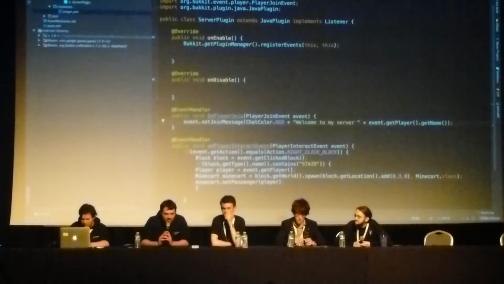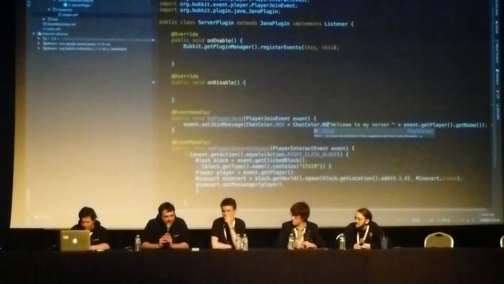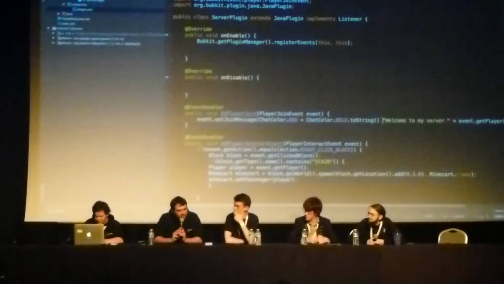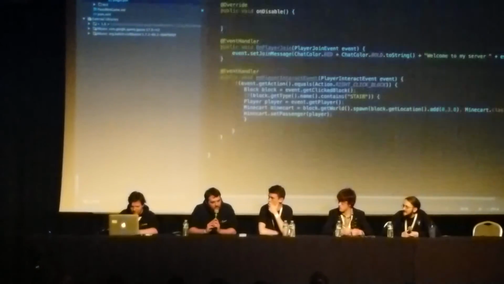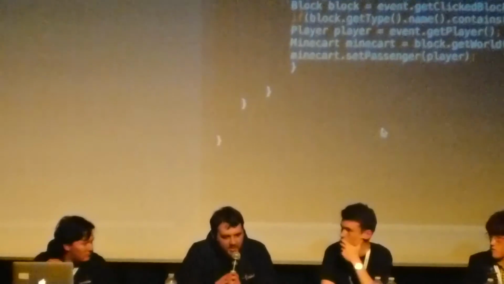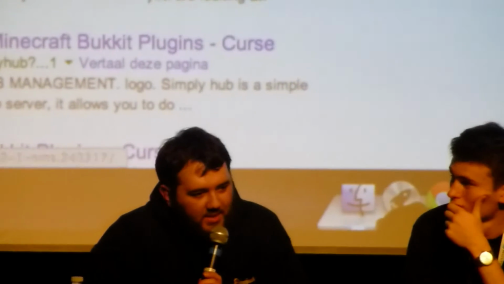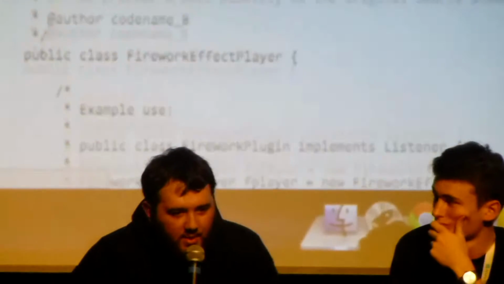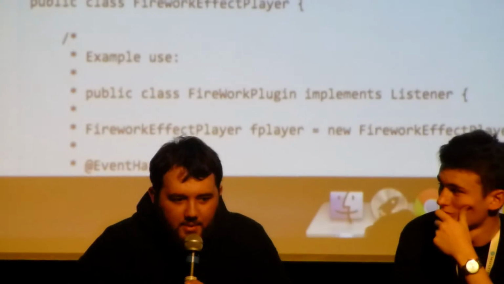On the Bucket website, there's a central repository for all plugins listed, and also there's utilities that people have written. I've written a few, such as things to make configs easier, some firework stuff. And people will post them and just say, just put credit in your source code somewhere, and you're fine to do whatever. It's quite an open source community, the Bucket one.